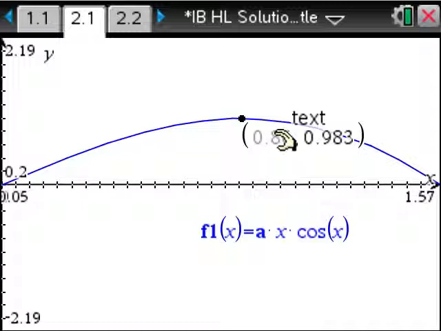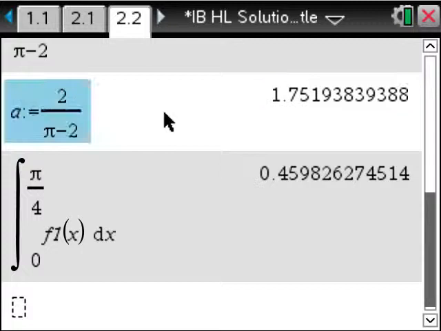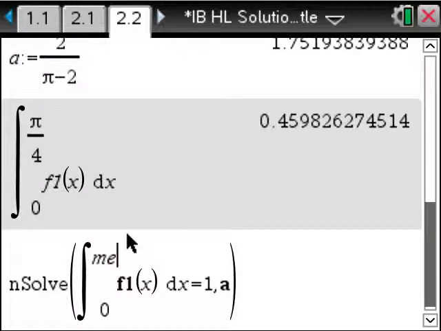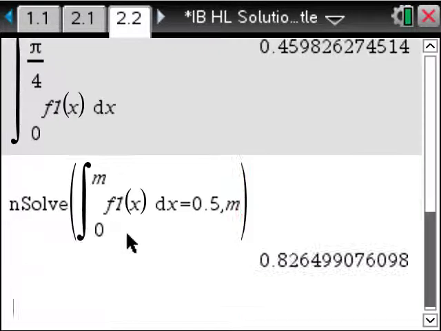I can increase that by going over the value and pressing the addition key, the plus key, and I can see more decimal places. To get the median, I'm looking to find out when the integral, when the area, is 0.5. I can go back to my calculator page, I can go back up to my nsolve statement, and this time I'm wanting to solve for a parameter which I'm going to call med, or even just m for median, and I want this to be equal to 0.5 because half of it will be low, and I change that m to an a. I go ahead and solve that and it gives you